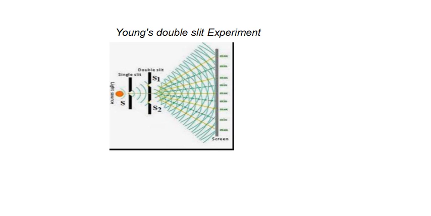And the light coming from S1 and S2 will interfere and we get the interference pattern in this region. And if the screen is kept at a large distance from the slit, then this interference pattern can be observed on the screen, which contains bands of dark and bright intensity.